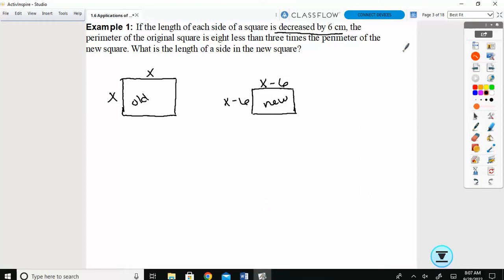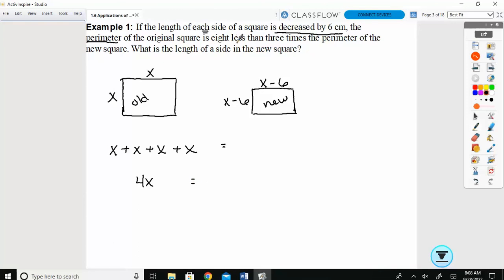Third step, we're trying to write an equation. So let's go back and read it. So it says the perimeter. What is perimeter? All the sides. Add up all the sides of the original square. So the perimeter of the old one. So if I add up all the sides in the old one, x plus x plus x plus x. You could also just write 4x. Is means what? Equals. So this equals